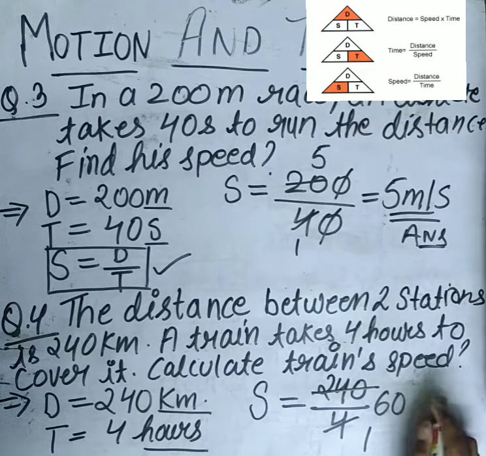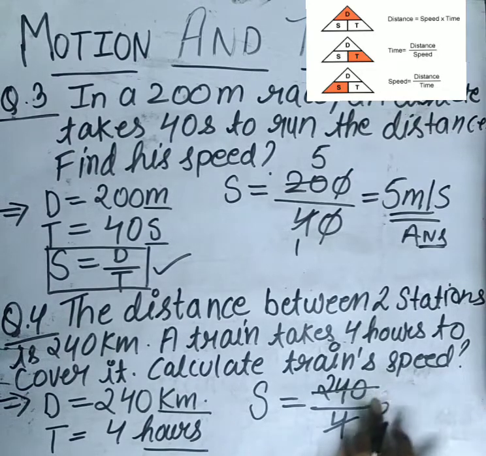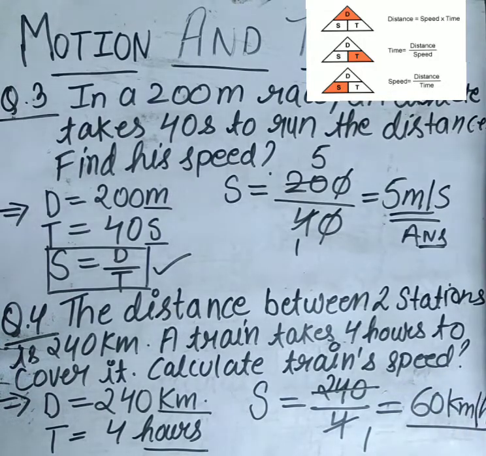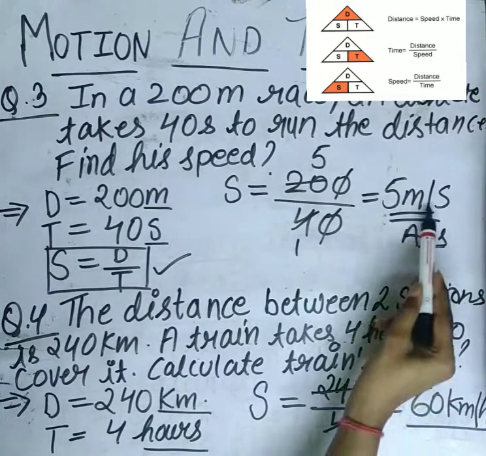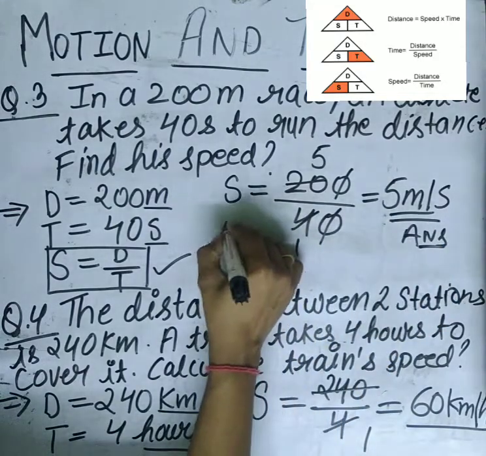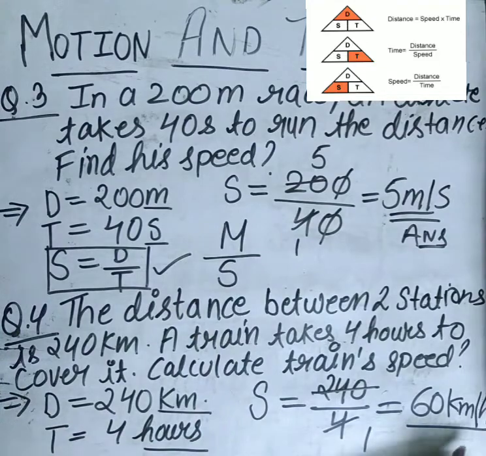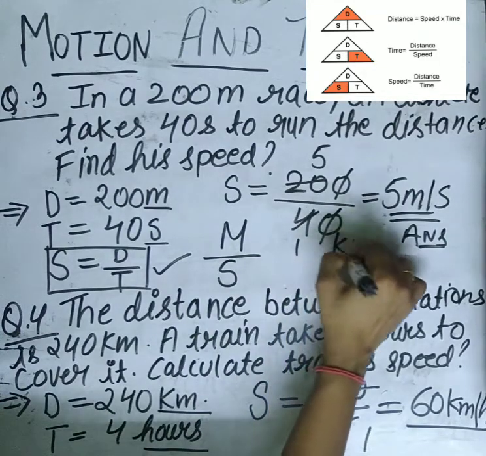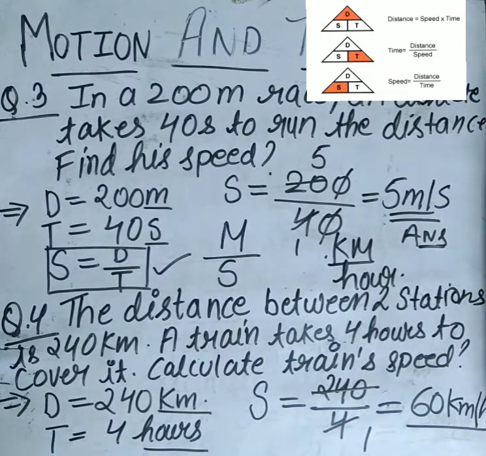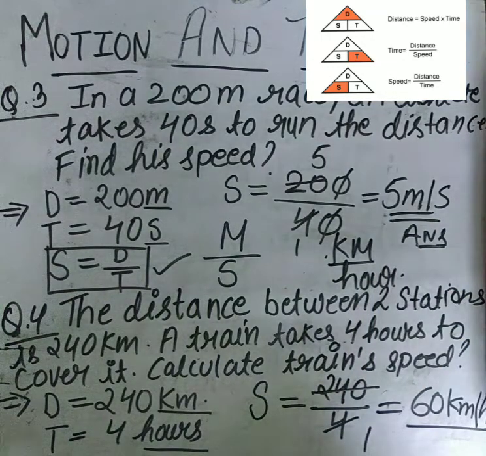So our answer would be 60 kilometer per hour. So here you will just write down like this. For kilometer it would be km and per sign and hour. Here this per means division. Okay, here it means, as it is written meter per second, it means meter upon second. If I am writing kilometer per hour, it means kilometer upon hour. Okay, now let's see some others in which we would like to calculate some other things.